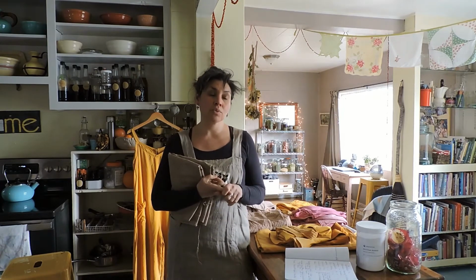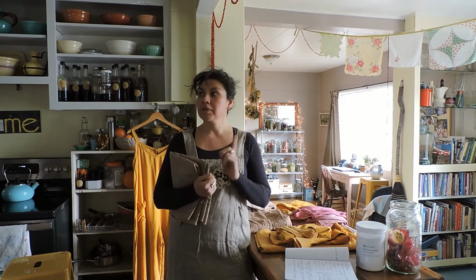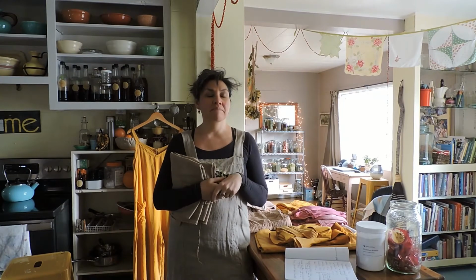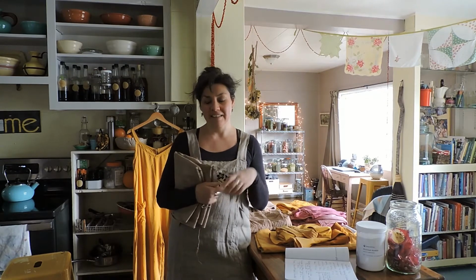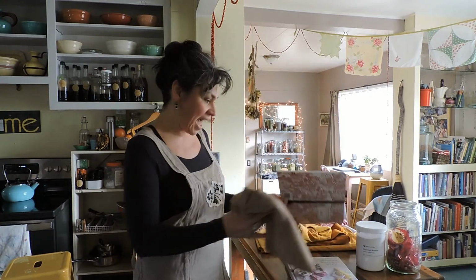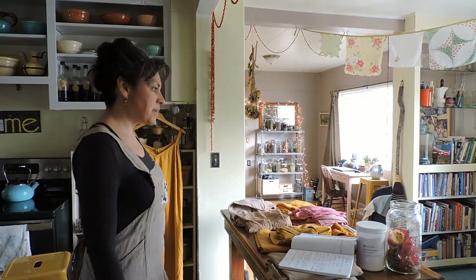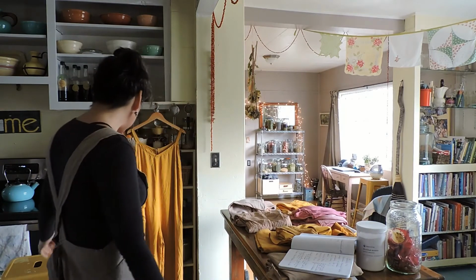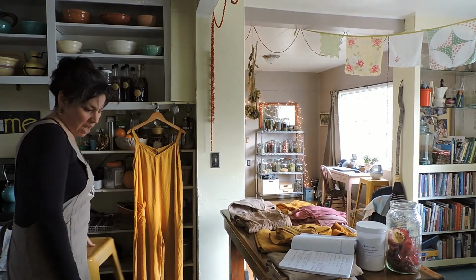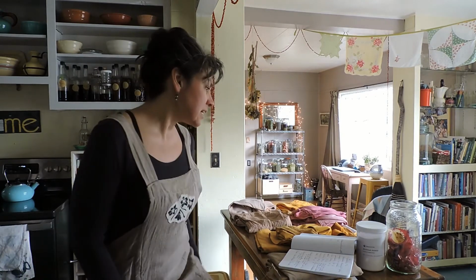Eco printing sarongs, maybe to sell, not sure yet. I got the black dye walnut, and I want to experiment with the assembly line apron dress. So that's what is coming next. But here it is, and I don't really have a whole lot of tips and tricks other than